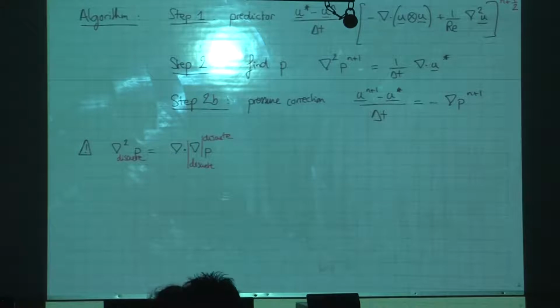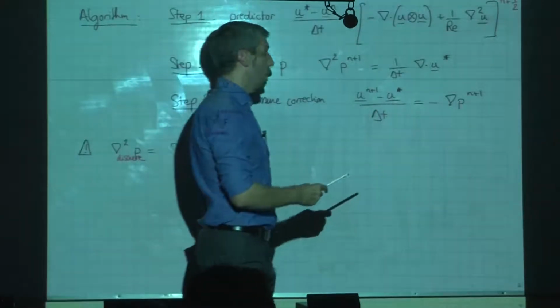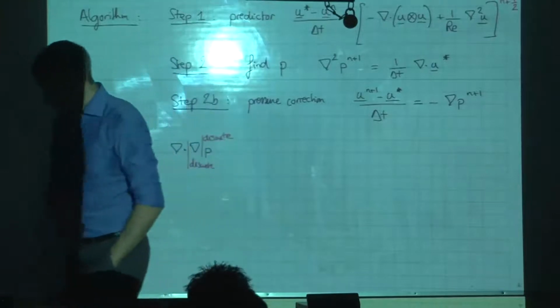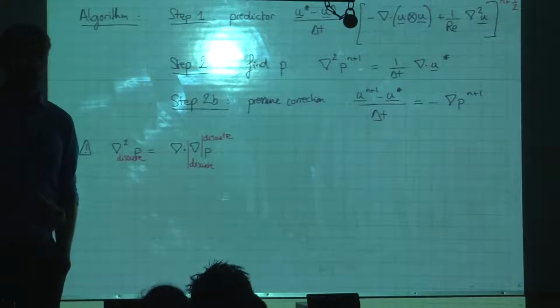One that is recurring with incompressible flows is boundary condition. So what boundary condition should we use for pressure? Any idea? Zero pressure? Ah, there we go. So the general answer is, if you don't have a compressible code, applying a boundary